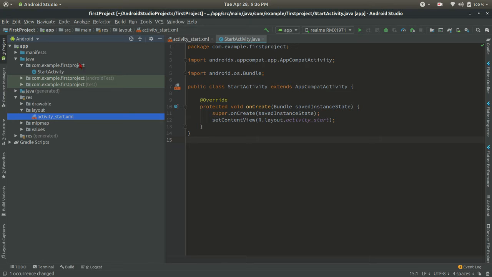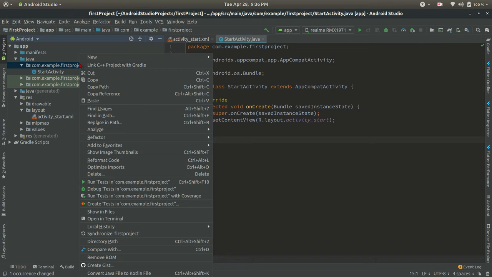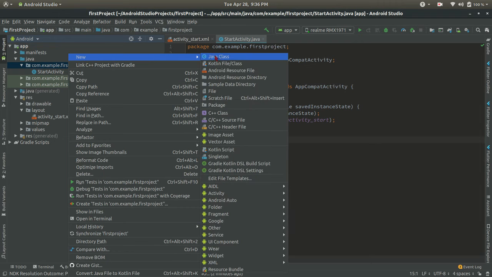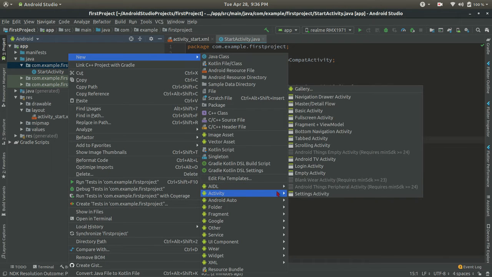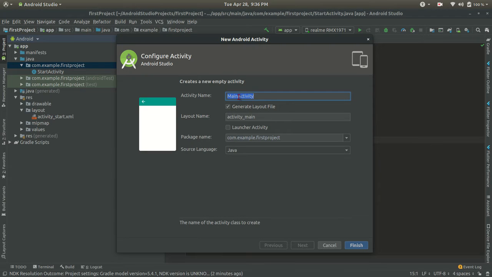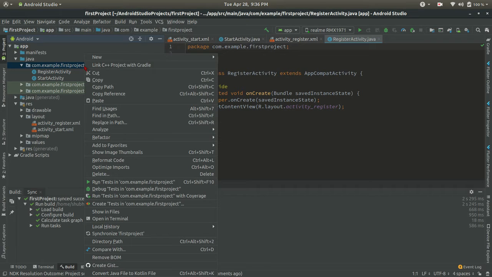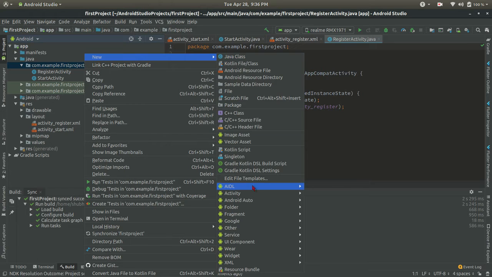So after that we will create a new activity, empty activity, and we will take register activity. And we will create another activity which is login activity.